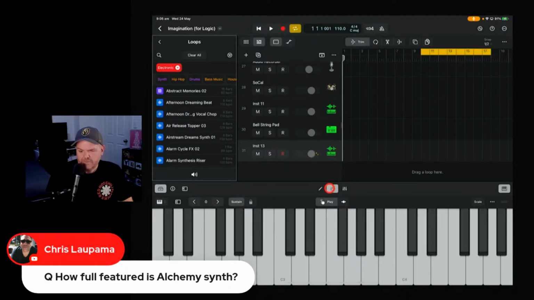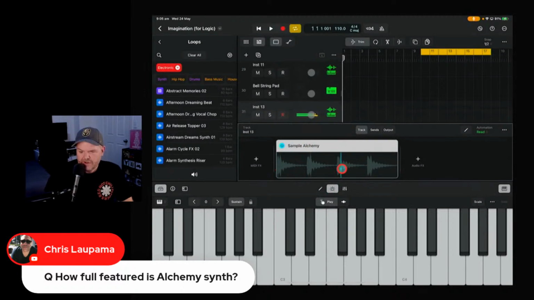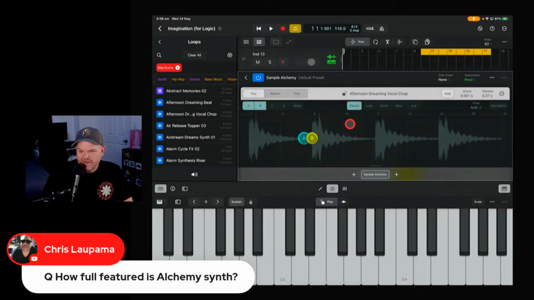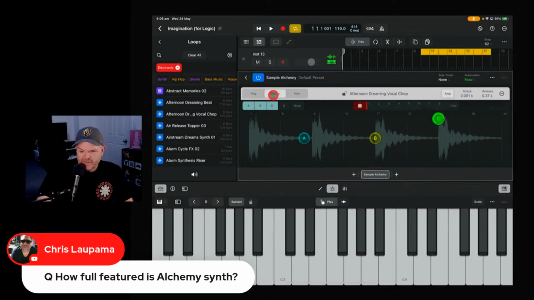And then if you go into your plugins, like so, you can determine where it actually puts it. And again, double tap, and you get your ability to add in. You can have multiple as well. So you can actually play two sounds at once. And it's really cool, because if you bring in a loop, you can create some really funky stuff. And you've got all the same controls with Sample Alchemy that you have with Alchemy, which is pretty cool. There's so much under the hood here.